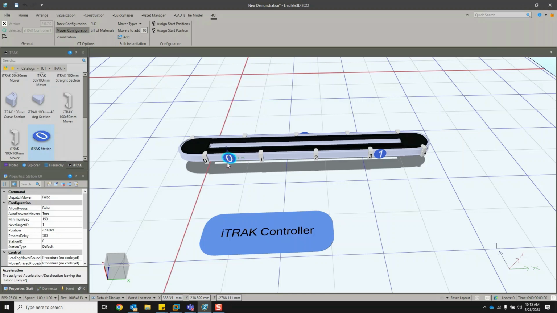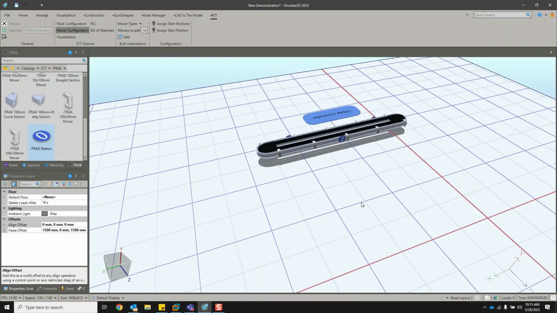So let's look at this and say, okay, station 0 has a 500 millisecond process delay, a half a second. I'm going to leave that where it is. That's great. Station 1 tells me my next target is 2. Okay, that makes sense. And my process delay is 500 milliseconds again. Let's set that to 1 second, just so we see a little bit of differentiation. If I zoom around here to station 2,